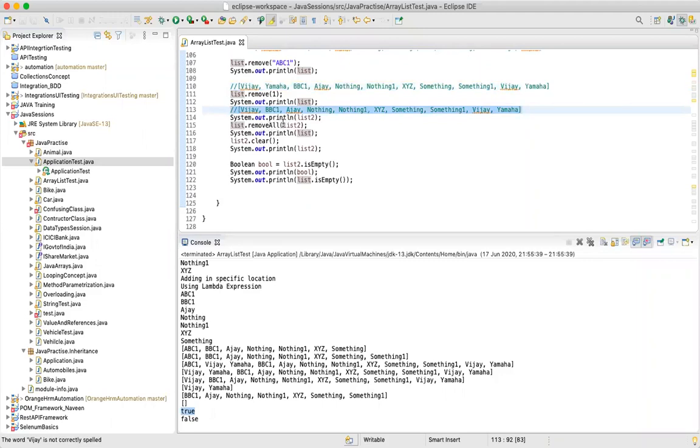But list 2.clear will remove all the elements present in list 2.